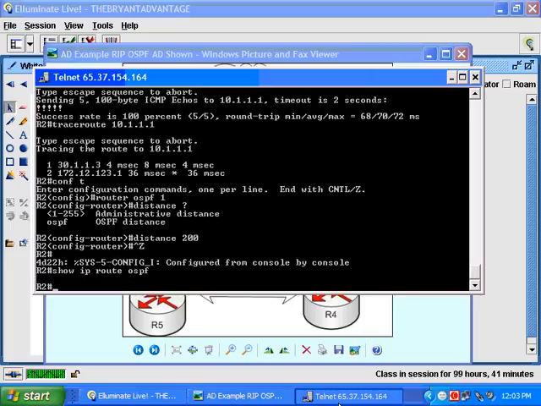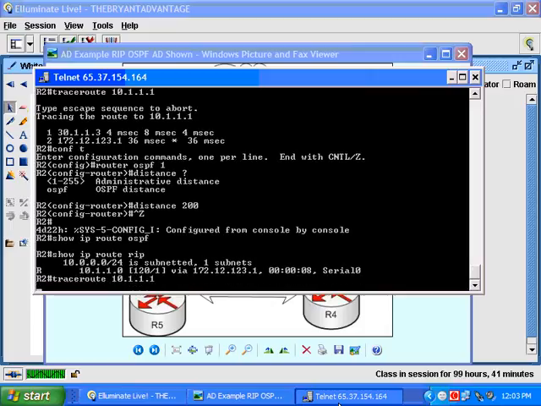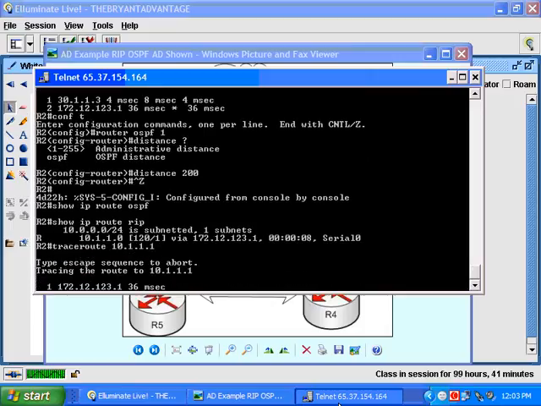Just that fast, we don't see the route anymore. We will see it, though, with RIP, because now we have corrected the problem and we're using the more direct route. It's just that fast, especially with OSPF. You know how fast OSPF works. So now when we run a traceroute to 10.1.1.1, you can see it's going immediately to